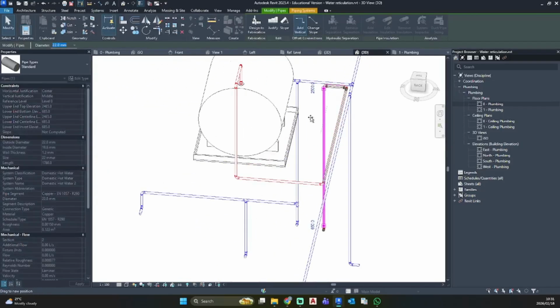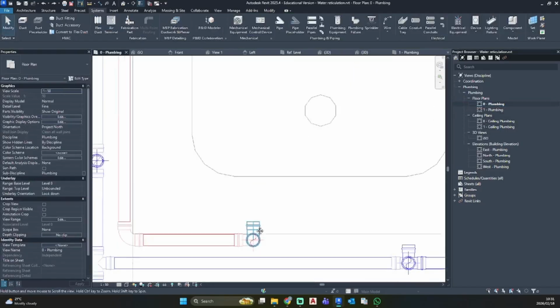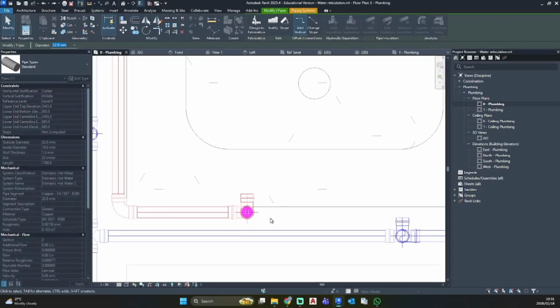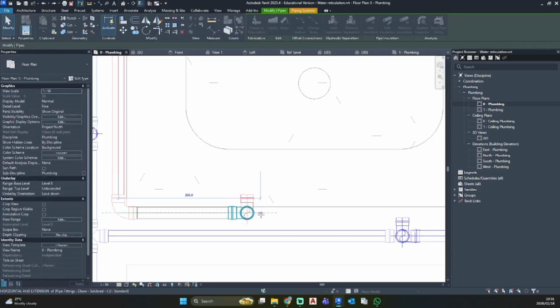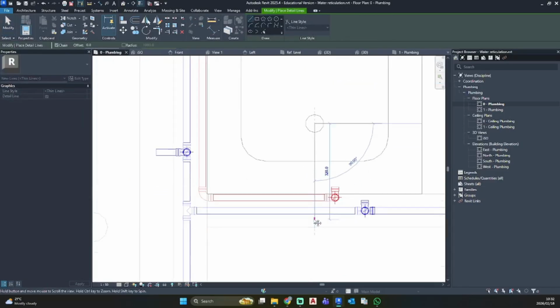So I'm just going to try and move this a bit up, but shouldn't be that much of an issue. Let's take this one and try and extend it so that these two sit together,